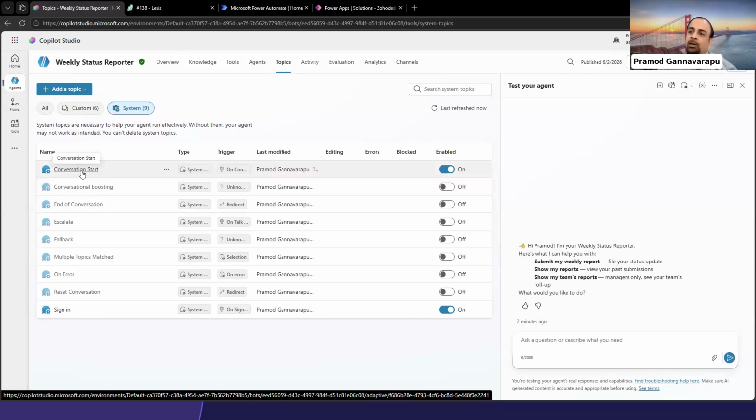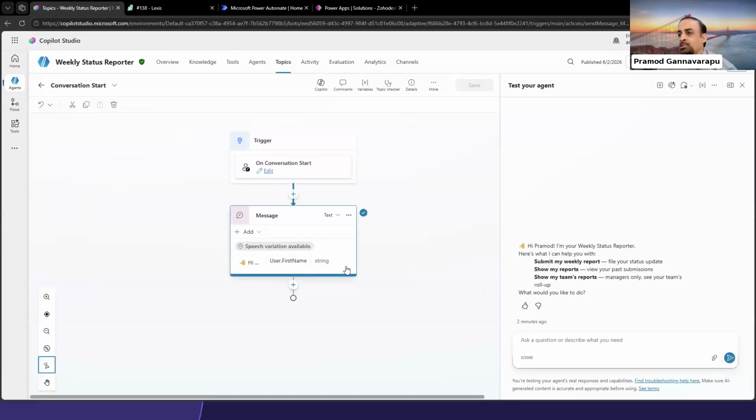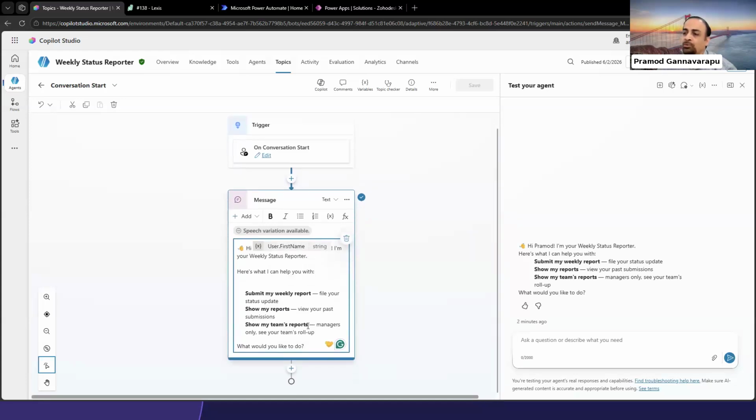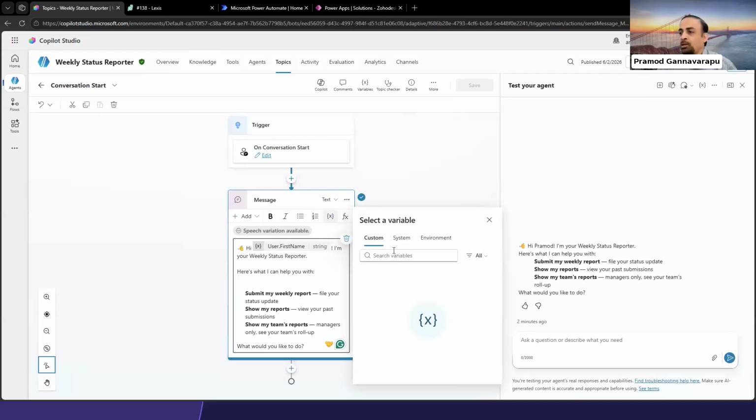And I actually wanted, as soon as the person launches the agent, it tells the user, greets them with the name, and then asks them, like, what do you want to do, right? So I said hi, and here you can see user.firstName. So how do you insert that? You can actually use this X button here. This is a variable, right? So you click here, and under